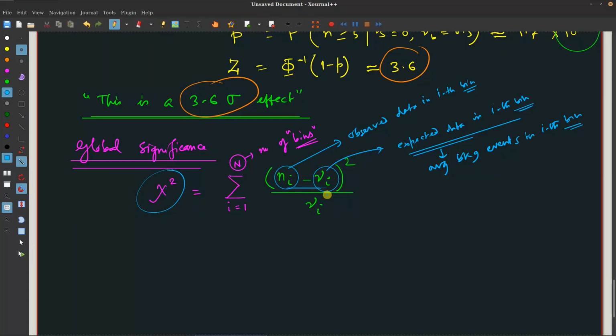Okay, and in the limit that these nu i's are sufficiently large, everything goes to a Gaussian distribution. So of course this will follow a chi-square distribution with N degrees of freedom, as we have learned previously. Okay, so since this goes as a chi-square distribution with capital N degrees of freedom,